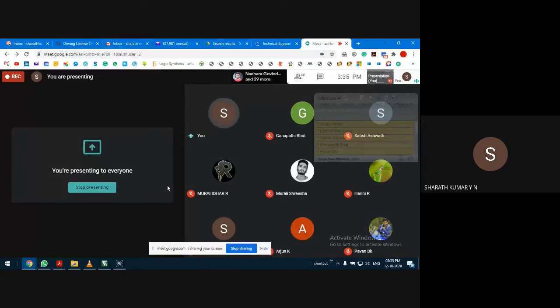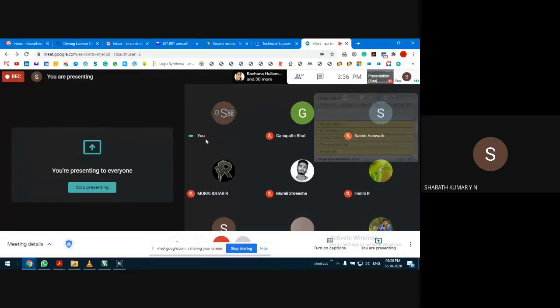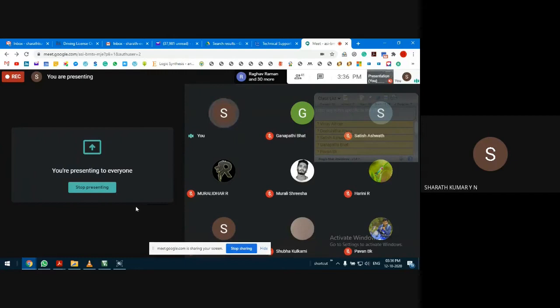I'll show you the installation. Of course, I have already installed it. So I'll show you a video which explains the installation process of Proteus. Since it's a cracked version, one or two steps are different, otherwise the software installation process remains the same. And we'll look into an example, simple LED interfacing, to see how the software works. So guys, I'll play the video now, which shows the installation procedure for Proteus software.